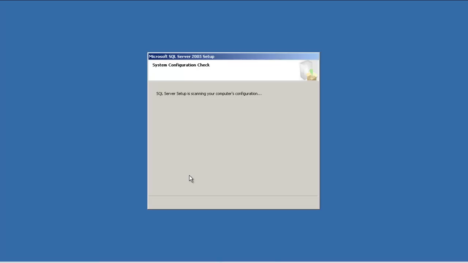Once it has gone through, it will ask you to select the components you want, and then you can select the second instance and name it whatever you want.